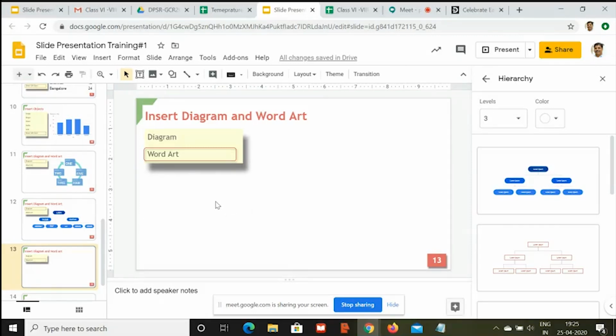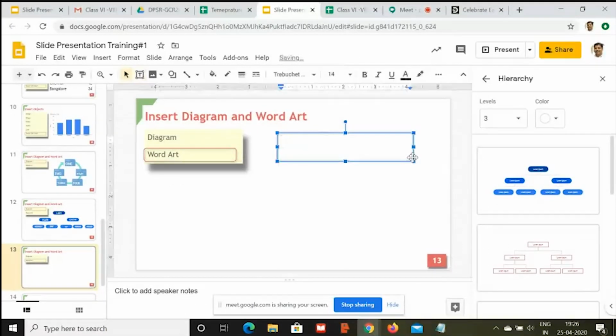Now, what is the purpose of word art? I'll tell you. Think about, you have a text. I'm just showing you where word art is useful. Suppose I have a text: A, B, C, D, E, F, G, H. This is my text. If I increase or decrease the size of the font, you just notice that it is uniformly changing the length and width both, length and height both, right?